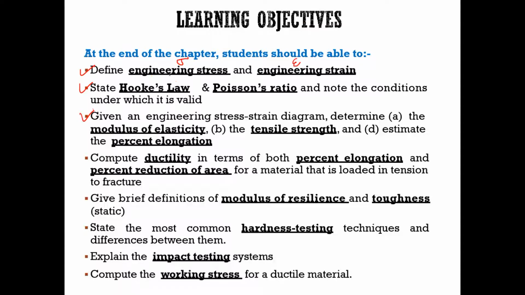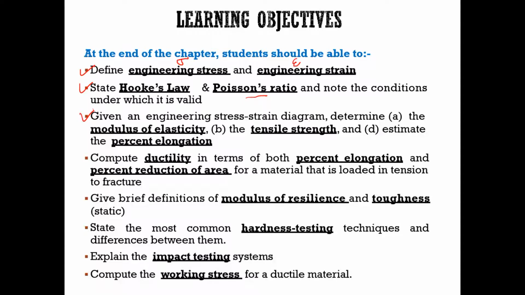Once you finish this chapter, you should be able to define what engineering stress and engineering strain are, and the formulation of this stress and strain. Number 2, you should be able to state Hooke's law and also the Poisson ratio, and note the condition under which it is valid. And number 3,